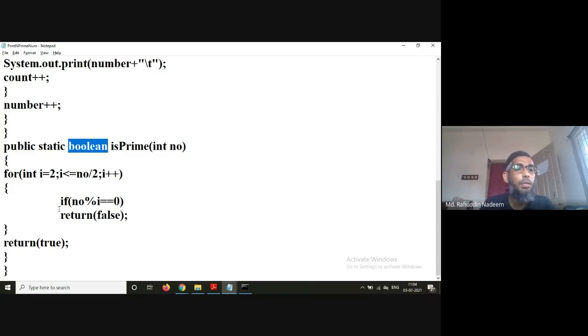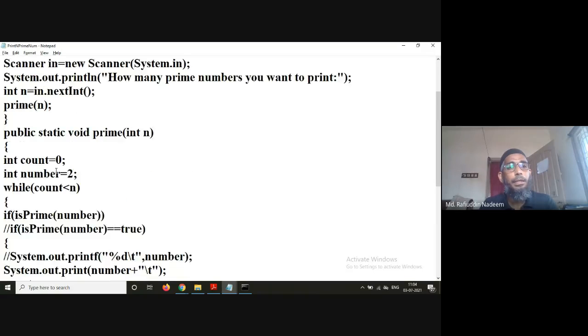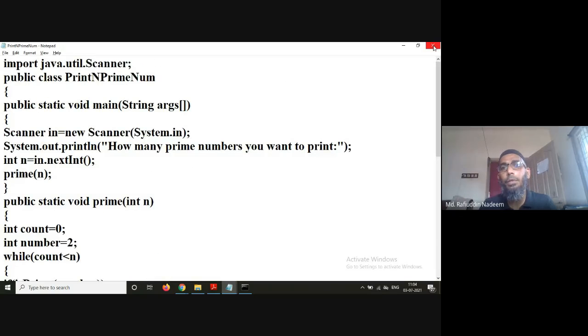Just work out this logic and you will understand. We have already learned this logic, so I'm not going into details, as I have already covered most of it. You can see how it works, and then you can understand what is happening here. So that is about displaying the prime numbers.